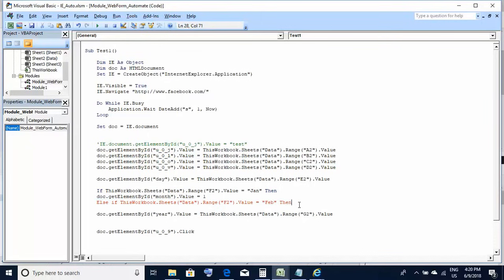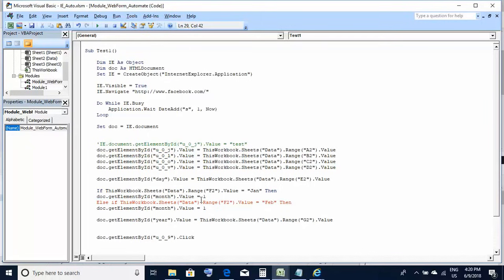Here if it is Feb, then .getElementById month.value would be equal to 2, and this would continue for all, like it would be from Jan to December. So I'm just writing for Jan and Feb now. You should be doing it for all the months. The better way of writing for all the months would be a select case or a switch case statement, but now we are just taking the example of Jan and Feb. So I'm writing the part for Jan and Feb, and I'll close this if